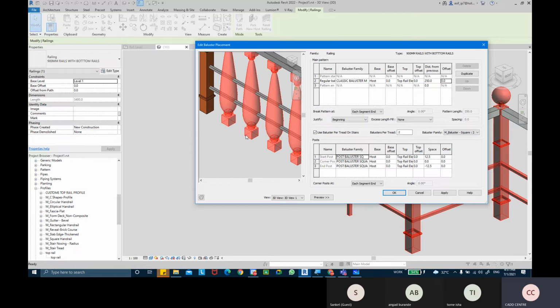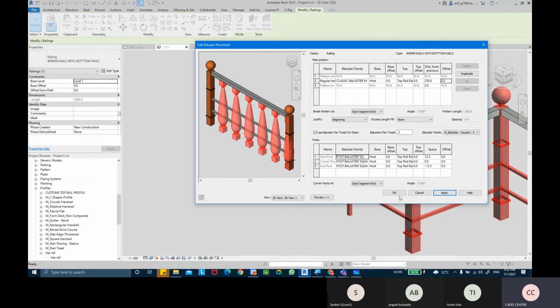The start to start is 250 because we have justified from the beginning. If I say from the ends, then from this end to this end would be 250. And if I say centered, it would be from the center to the center, that would be 250. So how do you want to justify? You can select the justification distances as well. Okay, I'll take it from the beginning.